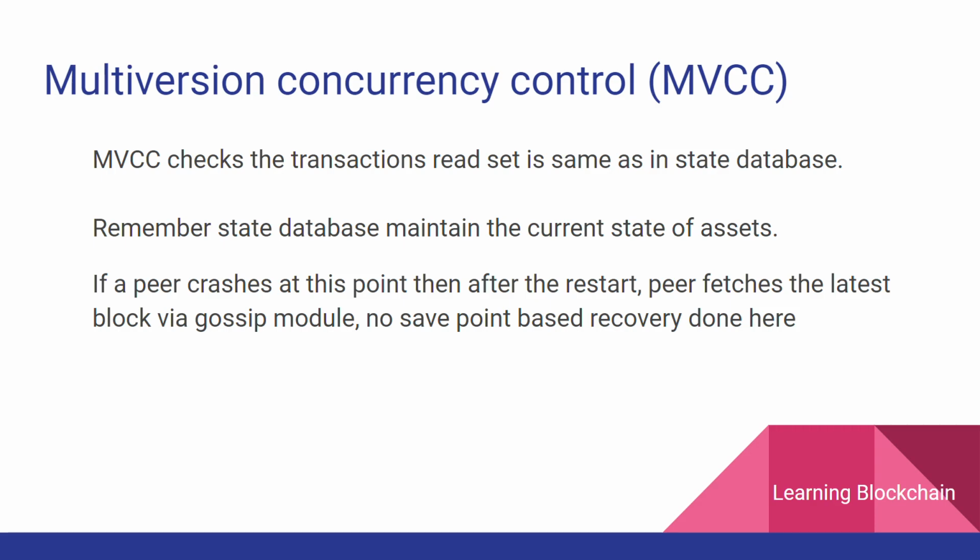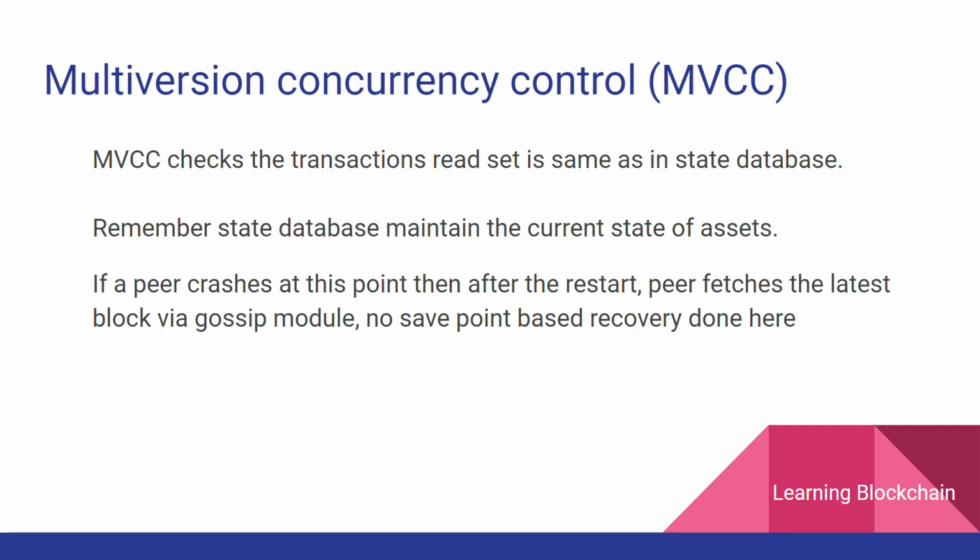In the next point I have written, remember the state database maintains the current state of assets, as I have mentioned. If a peer crashes at that point, then after the restart, the peer fetches the latest block via the gossip module. No save point based recovery is done here. So it is exactly the same. If the peer crashes while calling the MVCC chain code, this particular system chain code, then